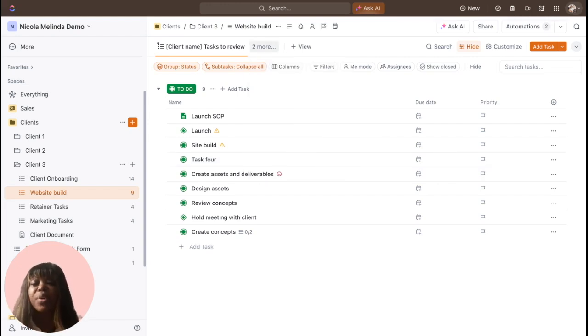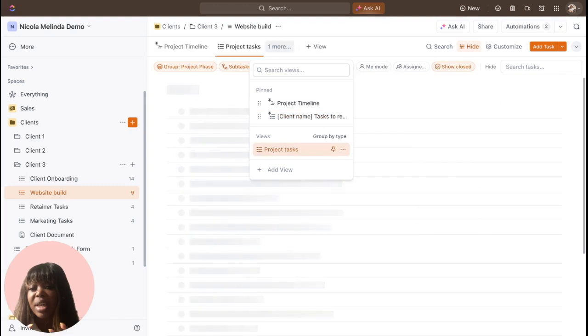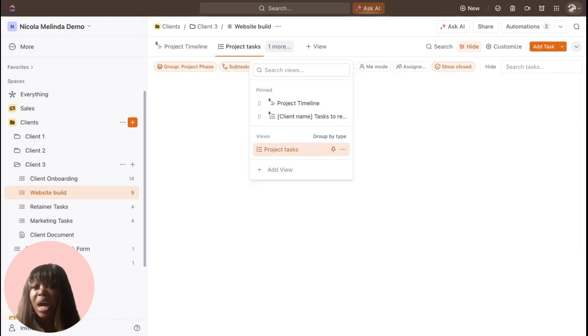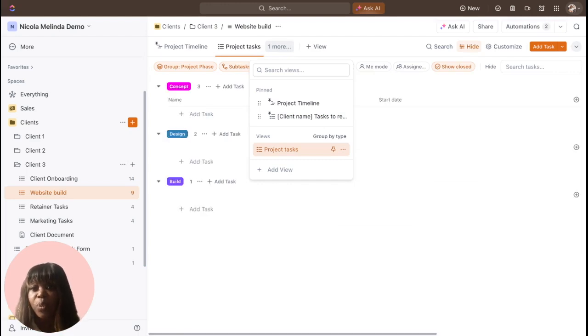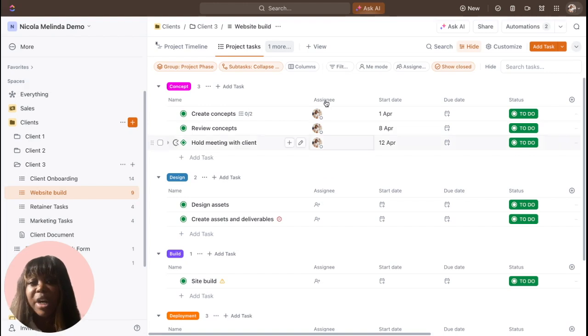So one thing to note is that you will have to have a list as a requirement inside of this list. So you have your main project that will always be on show. So we've got our project tasks, and they will always be on show in this list unless you filter the view and you save that filtered view down. So that's one way. So the client name task could be the filtered view for the overall project view. So this view might just show the assignee. You can show whether it's got the due date, the start date, the statuses of each task,